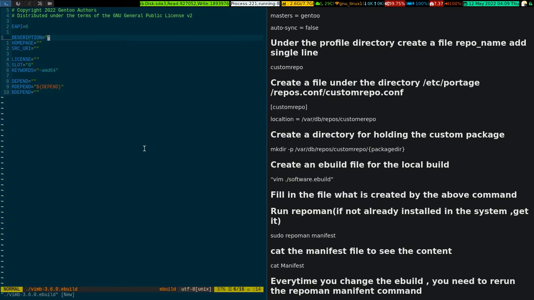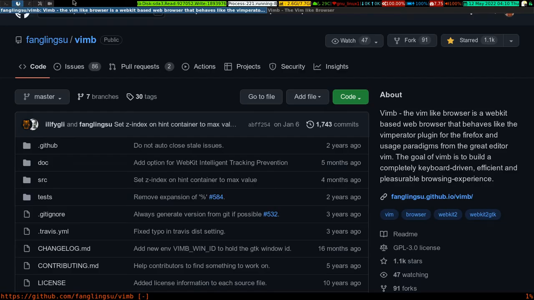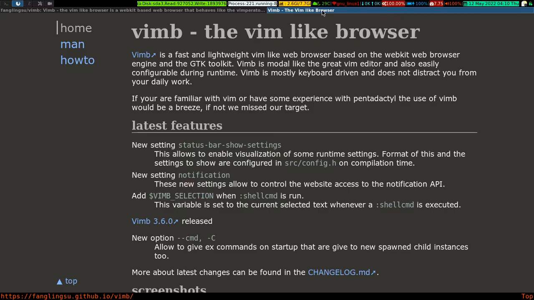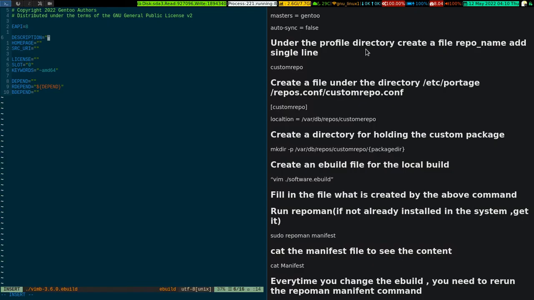see, it's pre-filled with some text. This is the text of the Gentoo ebuild. These fields have to be filled with the correct information. As I said, I randomly chose a software, in my case it is VIMB, so I am going to fill this up. I go to insert mode and, if I choose this and copy it, and I go to my description section and paste it,